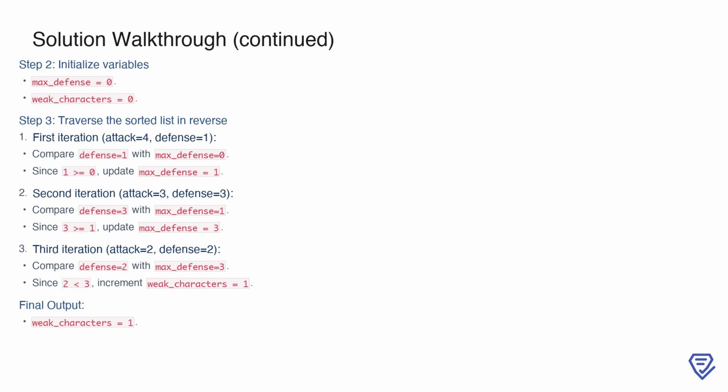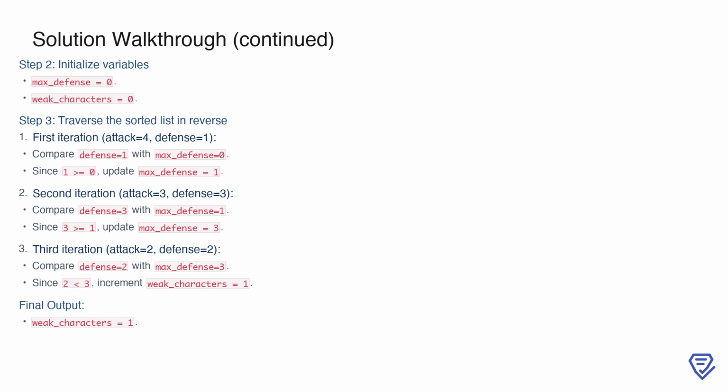In the first iteration, we evaluate the character with attack equals 4 and defense equals 1. Comparing its defense with max_defense equals 0, we find that 1 is greater than or equal to 0. So, we update max_defense to 1. In the second iteration, the character with attack equals 3 and defense equals 3 is examined. Its defense is compared to max_defense equals 1, and since 3 is greater than or equal to 1, we update